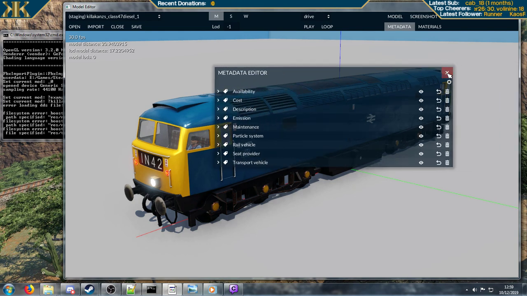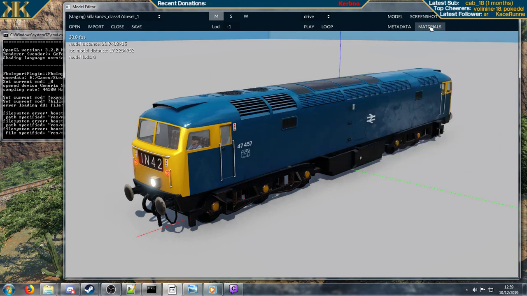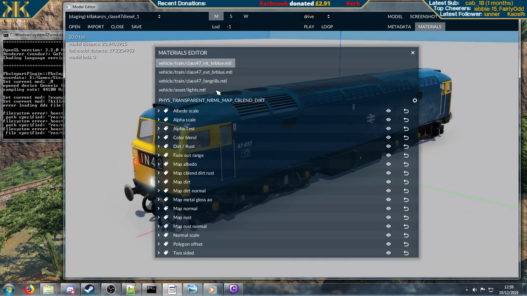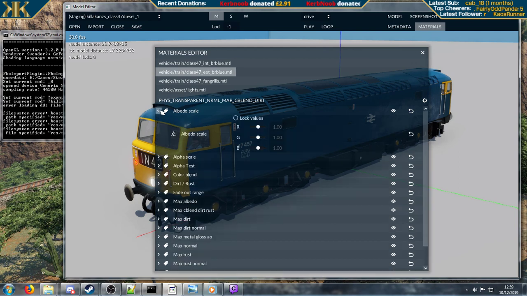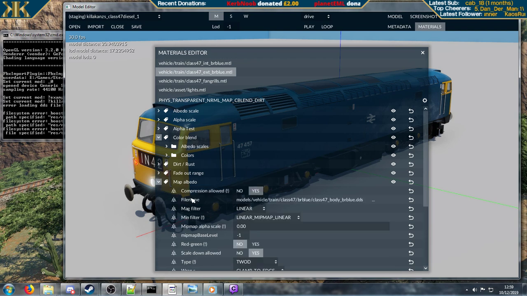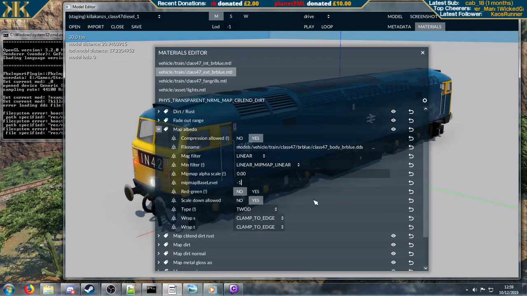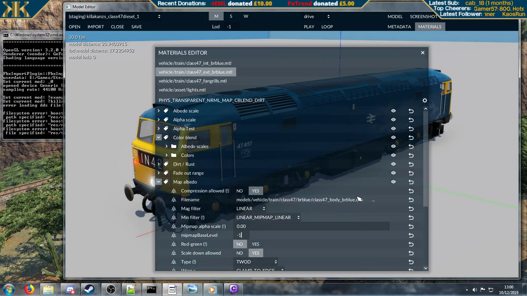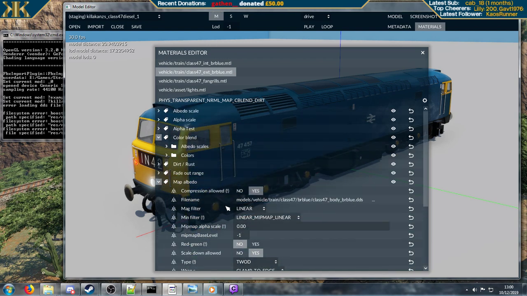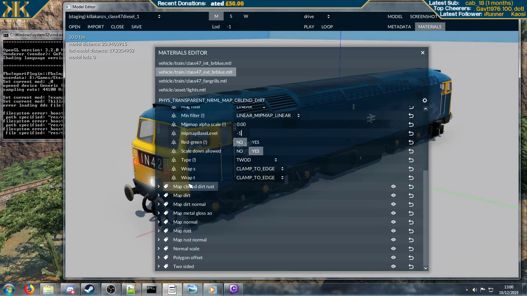But the thing that I'm really loving about the model editor is this button here, the materials tab. So there's an actual materials editor now, where you can adjust all the settings, change pretty much everything, and it will update it in real time on the model, and again you can write this to your material files. I love the fact that they've added this because I'm not particularly good at setting up my materials manually. But yeah, all the settings are right here,